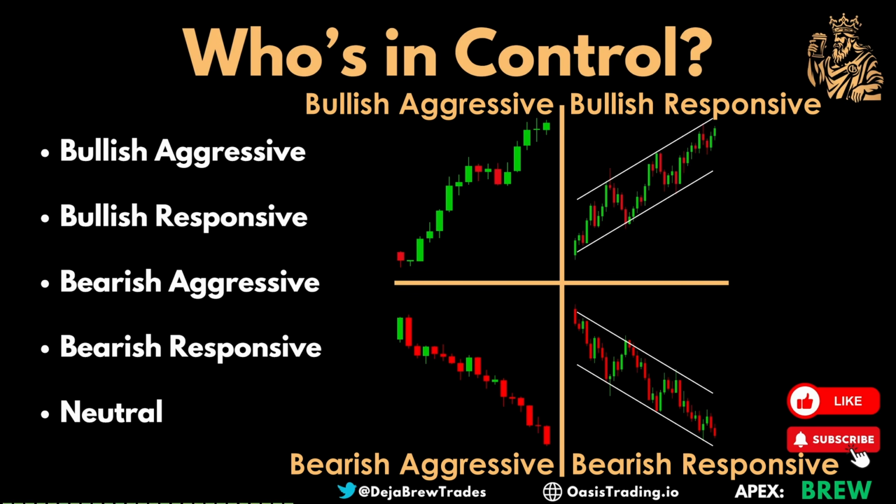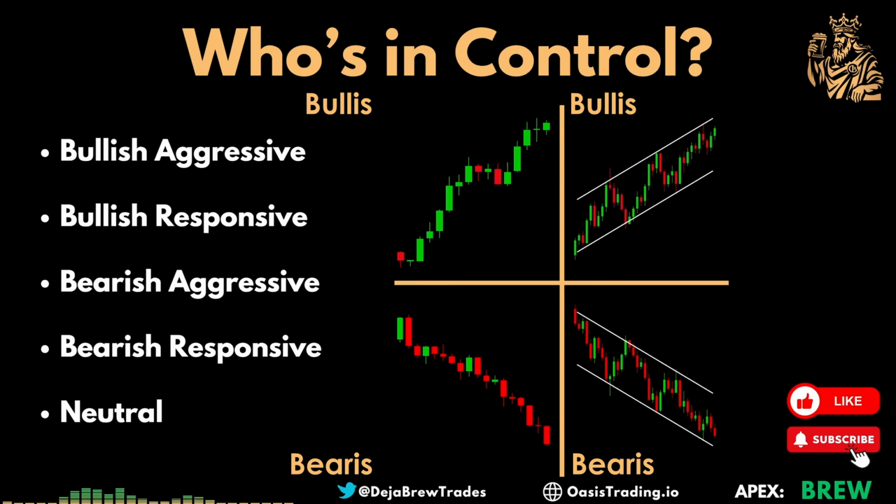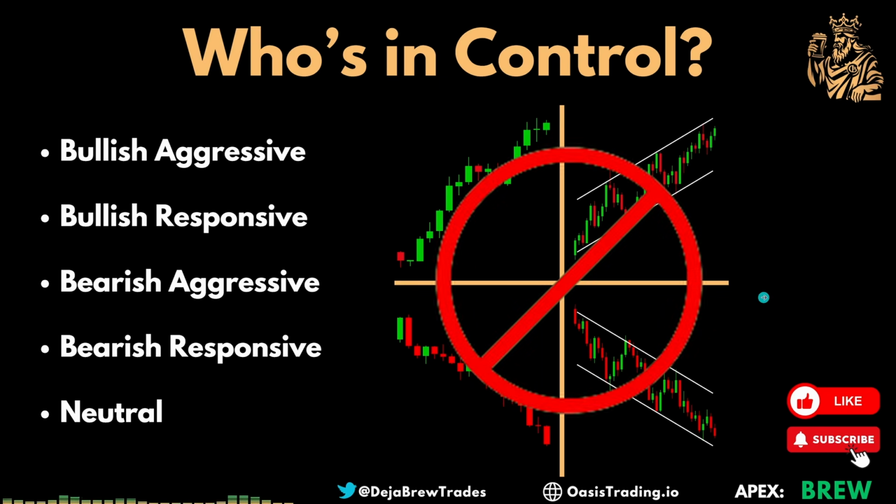Now, last but not least is the neutral, which is basically when you don't see any of these patterns. It's just a sideways market entirely. You see that very often in a D-shaped balance, which obviously we'll talk about in the volume profile video, but